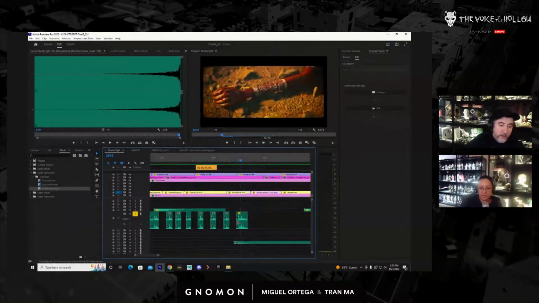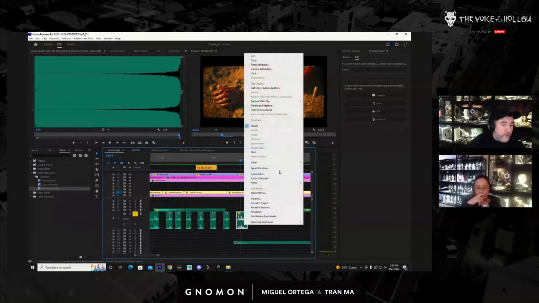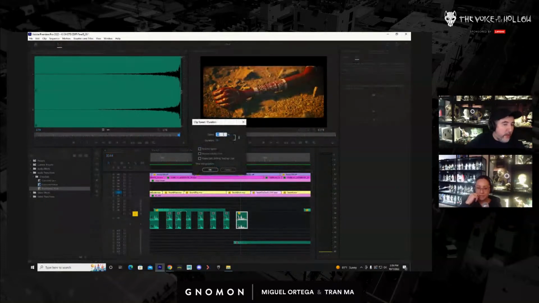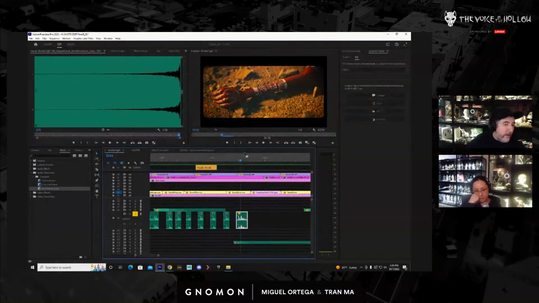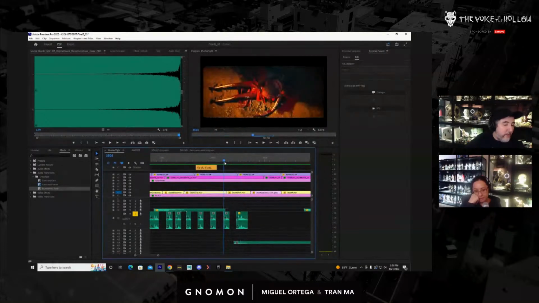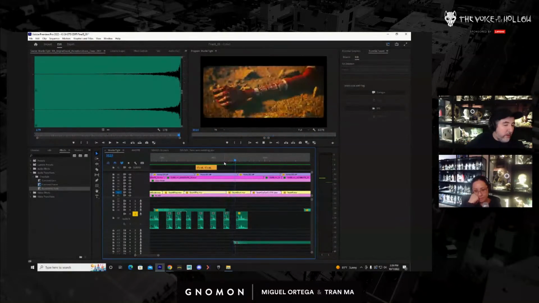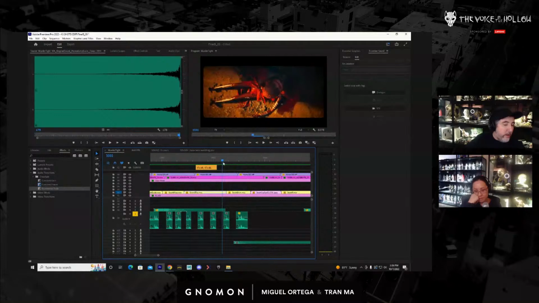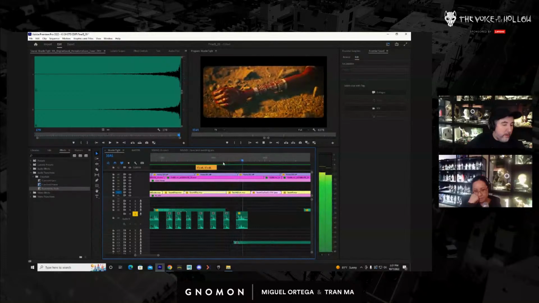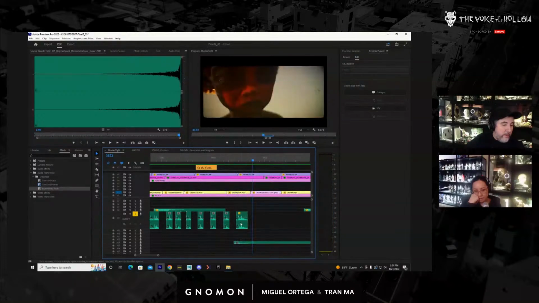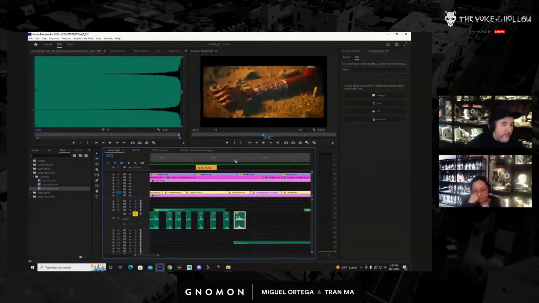And then, again, something I use all the time is just going into our speed duration, grab that same beat, slow it down by 50, and it's the last beat before she dies. So right, I can maybe bring the volume up a little bit because as I stretch it, it does change the pitch, making it deeper. Right, and maybe I could even shift that in a tiny bit.